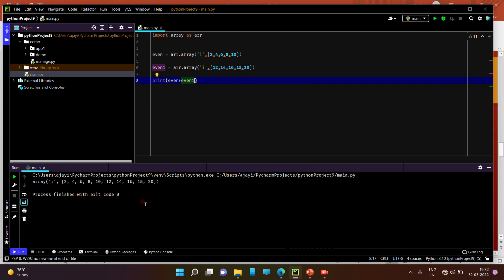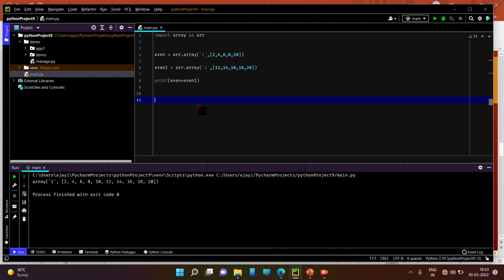You can see here, guys, we have concatenated two arrays: 2 4 6 8 10 12 14 16 18 and 20. So we have performed three operations. First operation was accessing the element. Second one is deleting particular items inside an array, and third one is the concatenation of two arrays. So now moving forward we'll see how to,